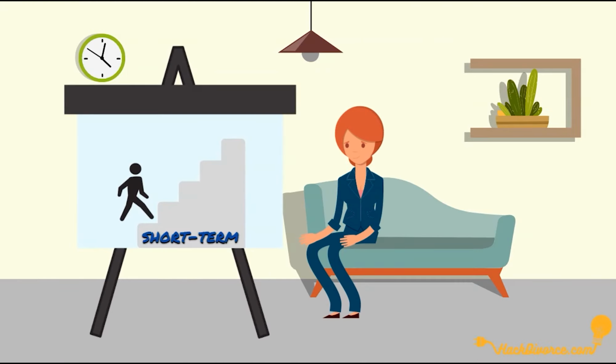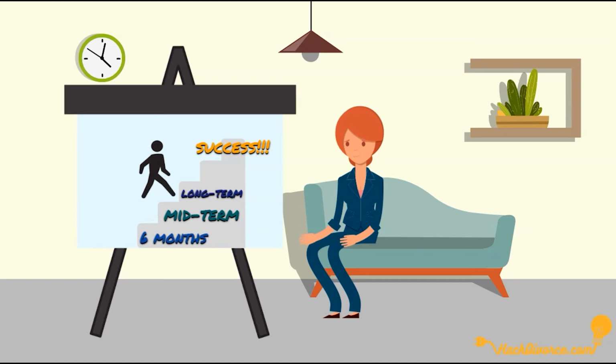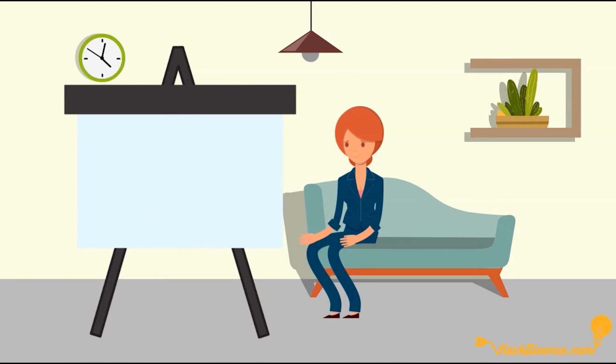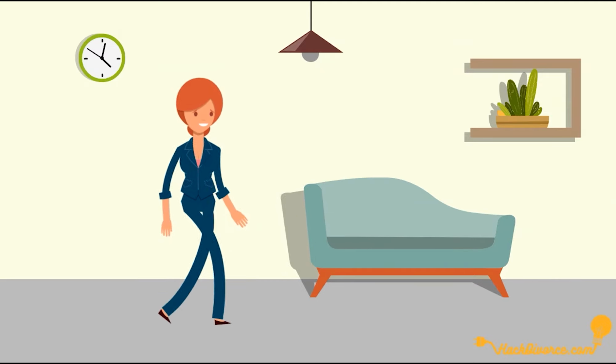Goals can be short-term, mid-term, or long-term, and you should have some in each of these categories. Short-term goals are typically anything in the present moment to about 6 months from now. Mid-term goals are from 6 months to 2 years from now, and long-term goals are 2 years to 20 years from now or longer. Most of your focus will be on your short-term goals right now, but in order to get a good idea of what those are, you should take some time to figure out what your long-term goals are. The idea is that you work backwards.